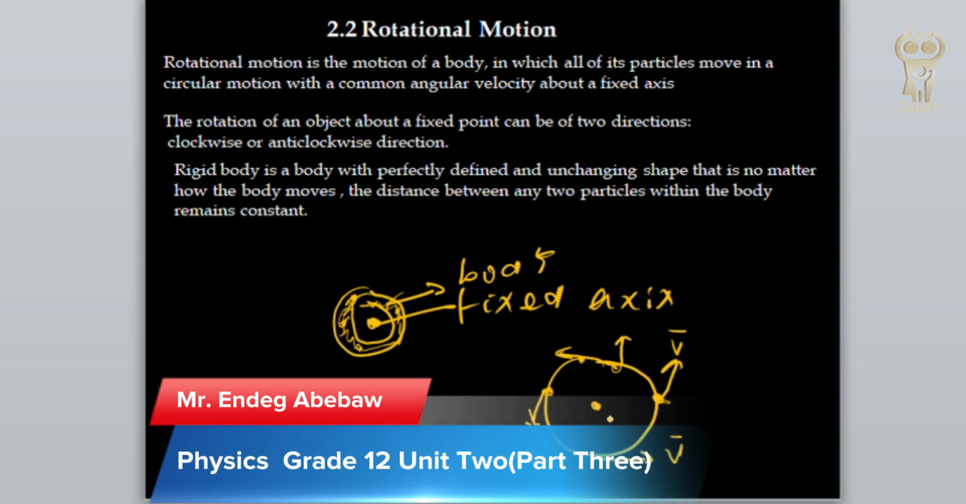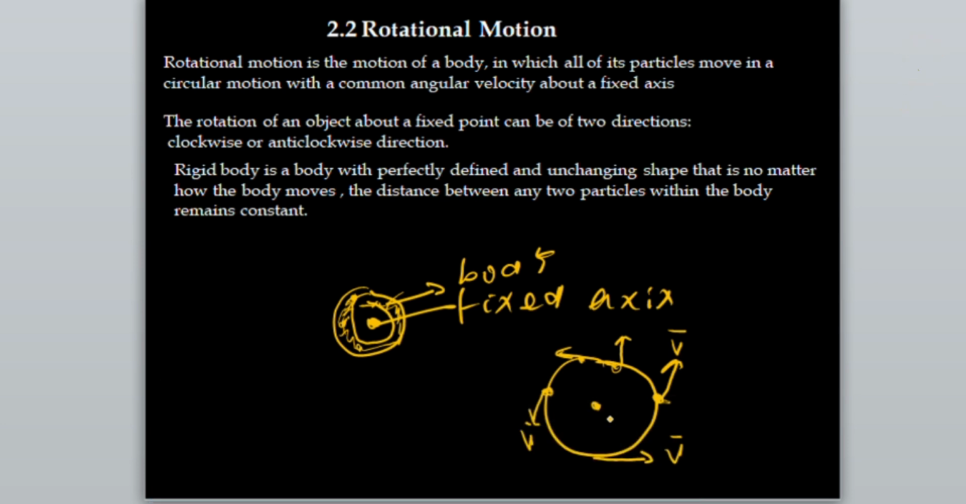The other one is the rigid body. A rigid body means it has a fixed axis of rotation, like the mass particles rotating around a fixed axis; this is called a rigid body. Anyways, a body is said to be rigid means